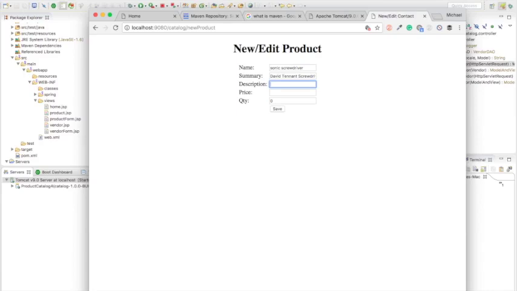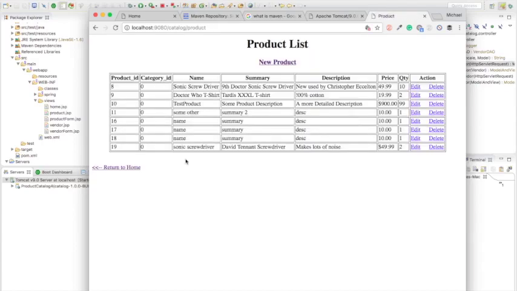Let's see what description. Makes lots of noise. Yeah, noise. And price, we'll say it's $49.99, and we have 2 in stock. So we save, and we come back and now see real time that we've just added a new product to